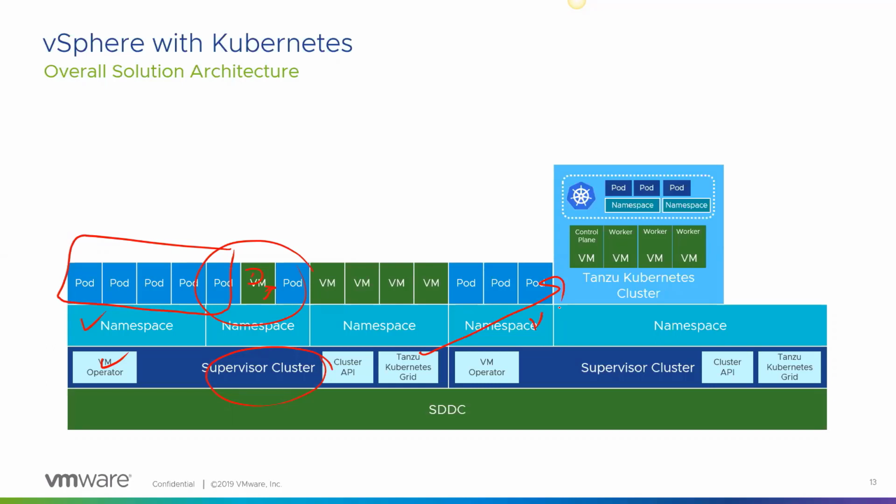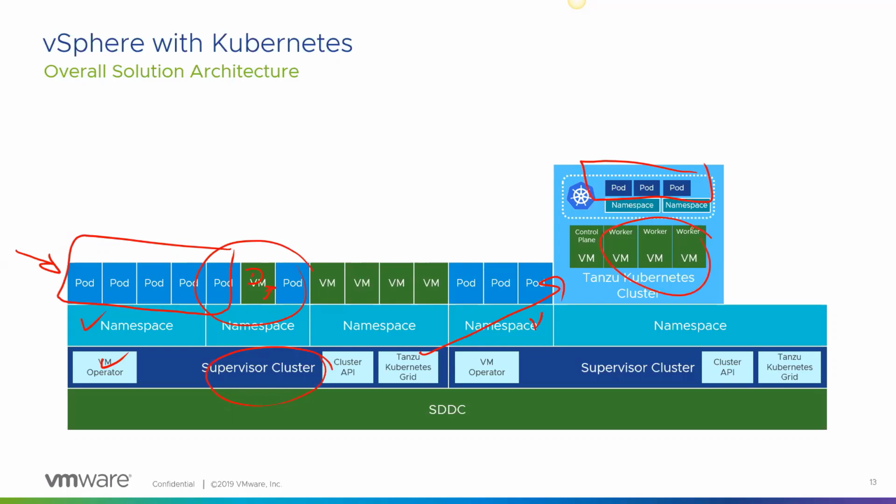And now my DevOps team will use these virtual machines or this cluster and create their namespaces and deploy their pods. So going to a question that was raised about why one versus the other, right? So over here to the left, these are my native vSphere pods running on vSphere. Over here, these pods are the ones that are running in Tanzu Kubernetes, which are running on virtual machines, as you can see here, right?